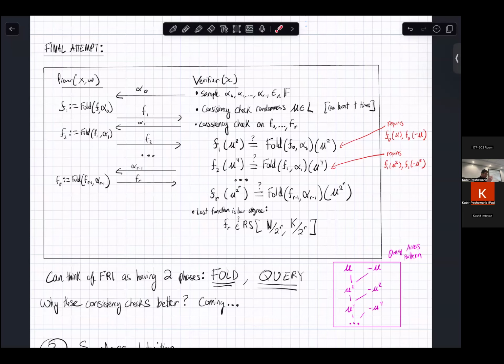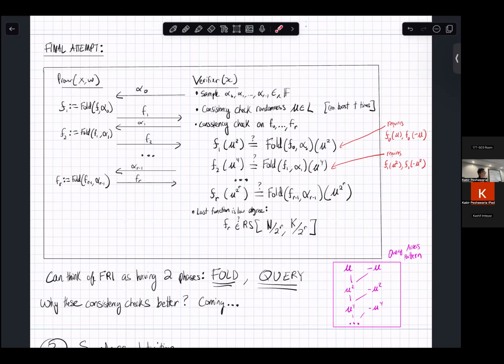Yeah, that's the $1 billion question. It's a fantastic question. First of all, it's okay for me to use the same mu because the prover's already given me all of the oracles, so it can't cheat knowing that I'm reusing mu. The second thing is that, as we'll see in the soundness analysis, this helps with one of the steps of the soundness analysis, the fact that I'm using the same mu. So it helps boost soundness, but it's also okay to not use this. You just get worse soundness.